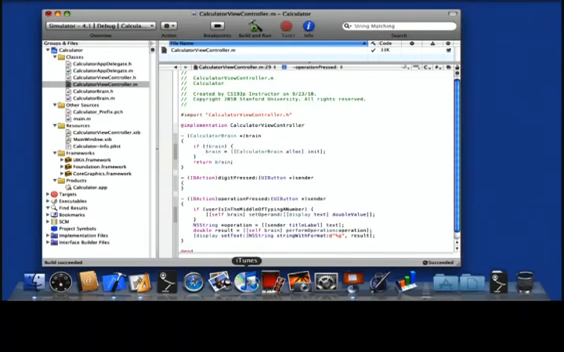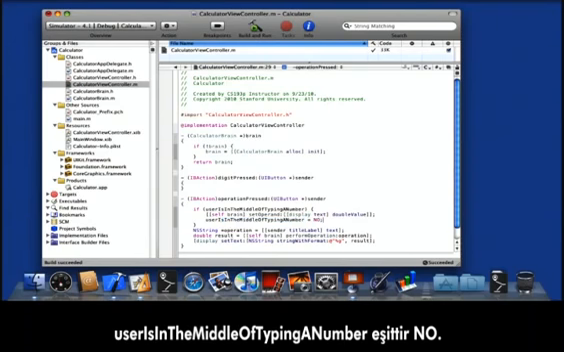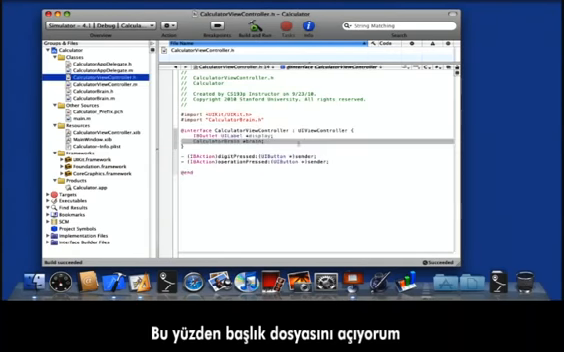Okay? And of course, if that happens, then I'm no longer in the middle of typing a number. I just set the operand, so user is in the middle of typing equals no. Now, I also need to add this as an instance variable, so I'm going to go back to my header file,